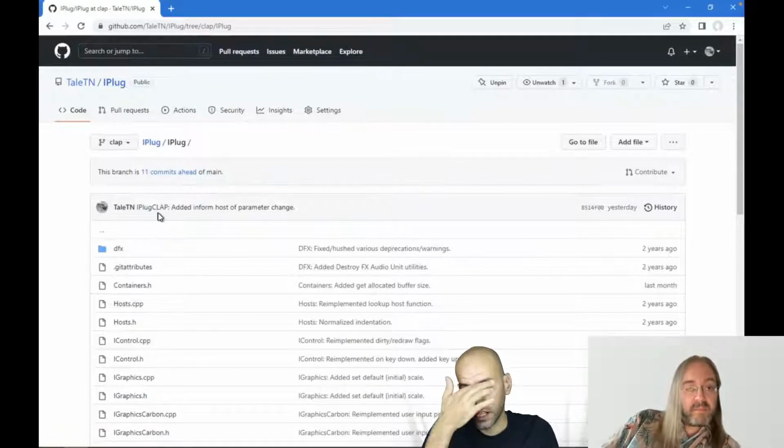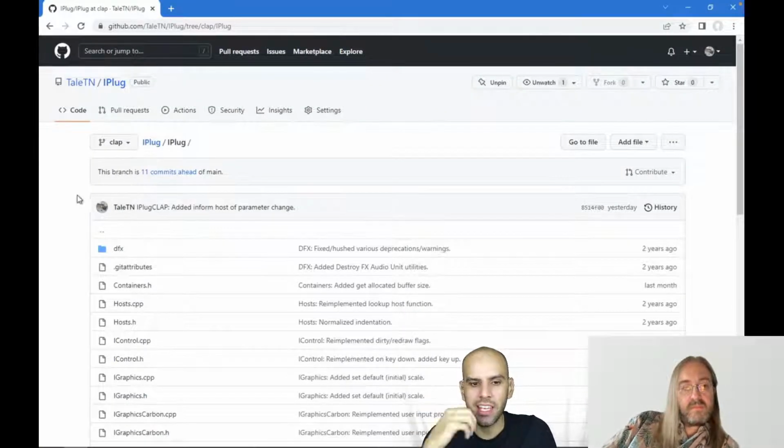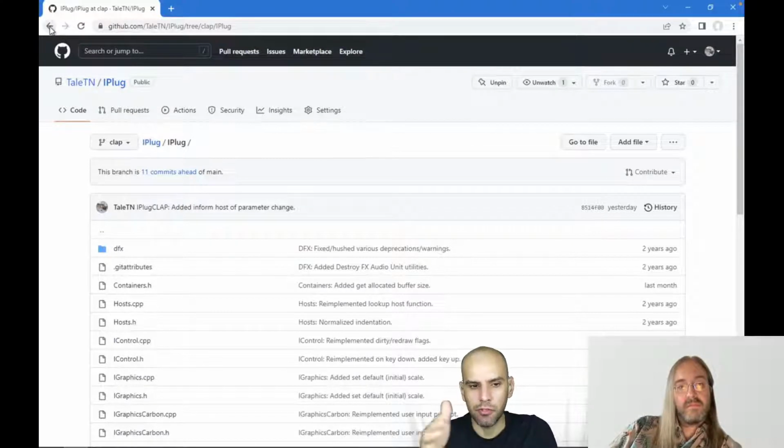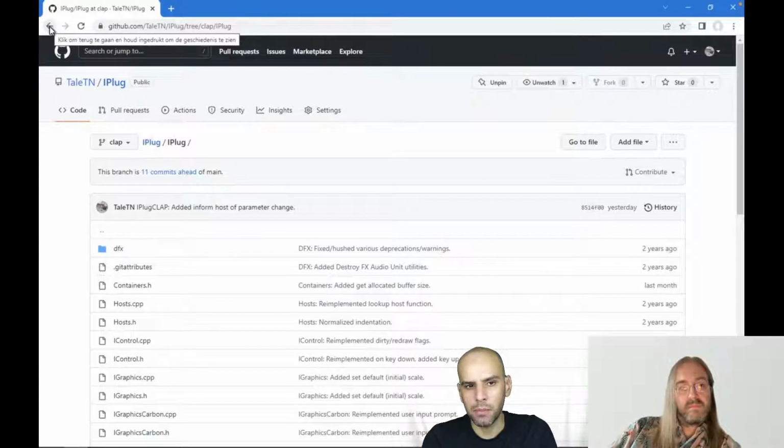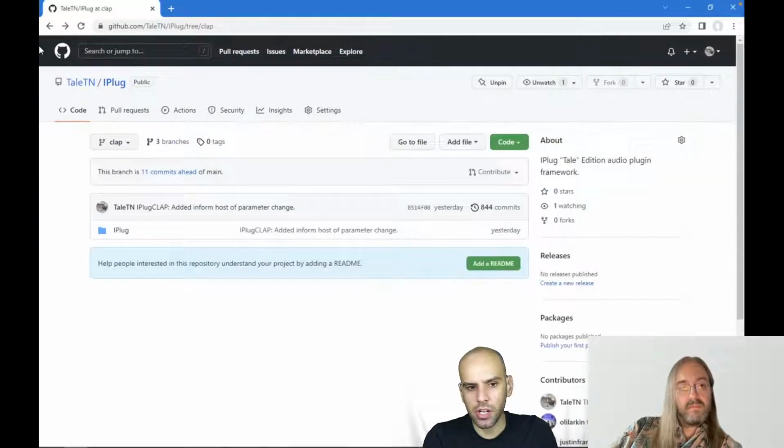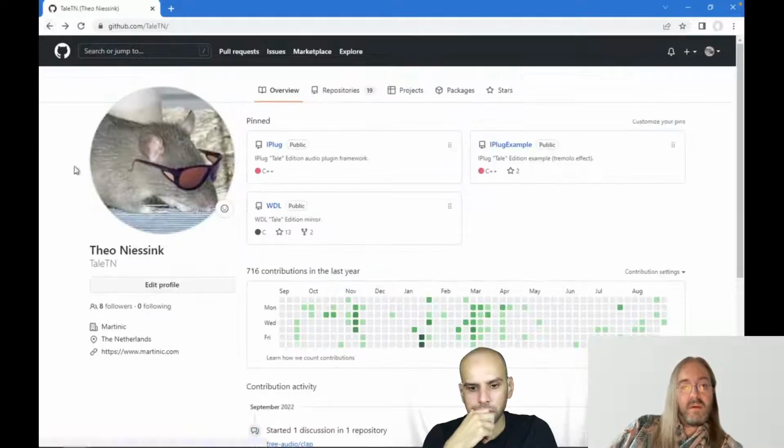When it comes to getting these SDKs, different frameworks have different solutions. Juice will try to download them for you. iPlug 2 has a little shell script you have to run. And in your case, how do you deal with that? Well, at the moment, I'm not sure. Clap is MIT licensed, so in theory, I could just include the headers in iPlug. But I haven't done that yet because for VST you cannot do that, and for AU you don't have to do that. So I think I will just keep it like it is.